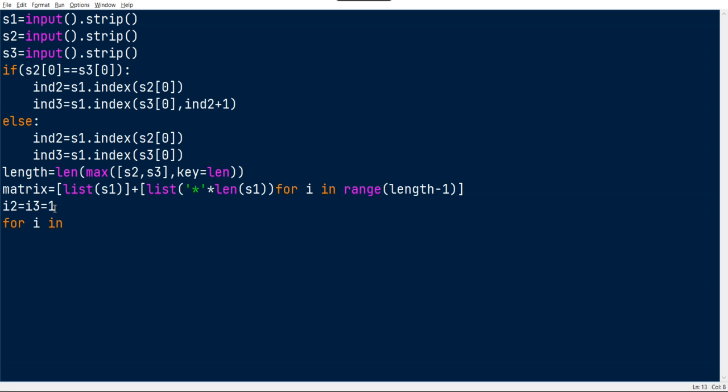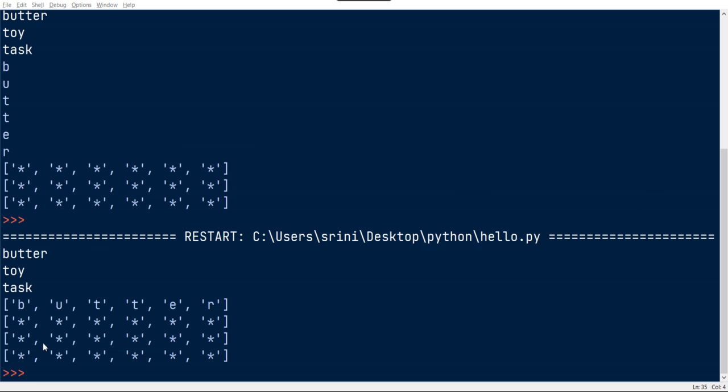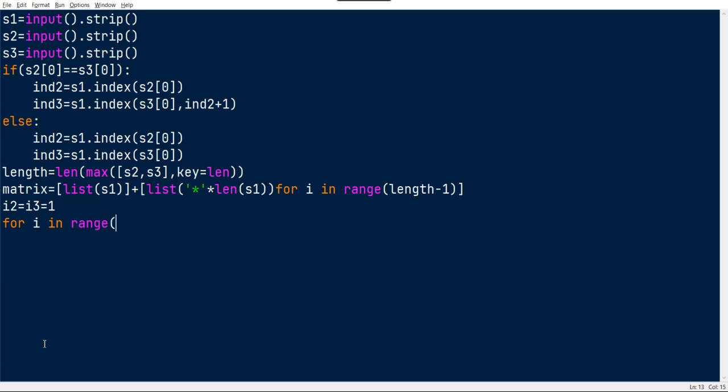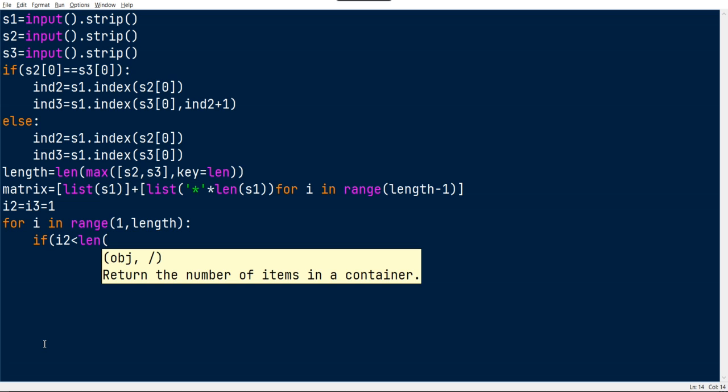Now for i in range of, we just need to iterate for the column size. For i in range of length, again I have missed the G. But this time we just need to skip the first row. So we are just going to start from the first row. We can skip the 0th row. Inside this, if I2 is lesser than len of S2,